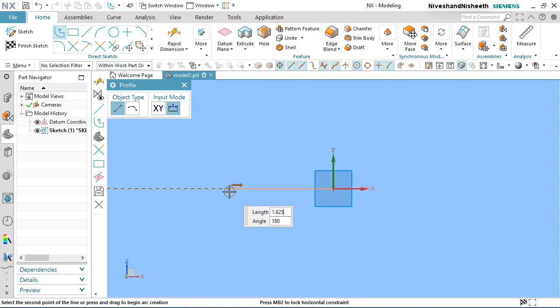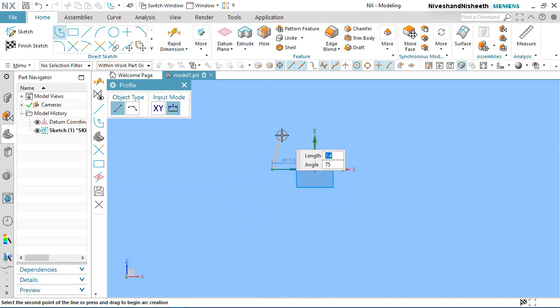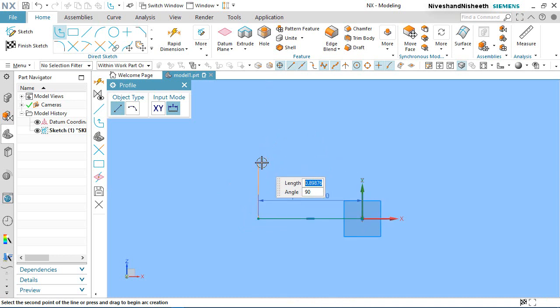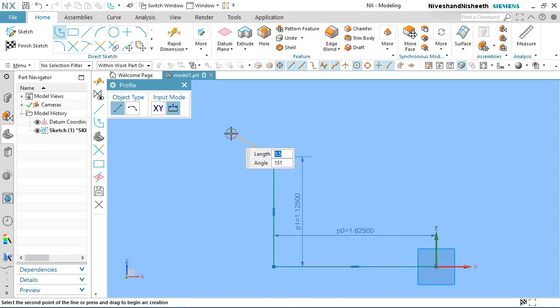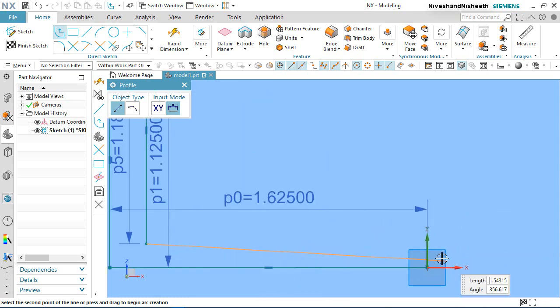Choose length 1.625 inch, (1.125 inch), (0.0625 inch), 0.1875 inch, 0.125 inch, 1.1875 inch and close the sketch profile.